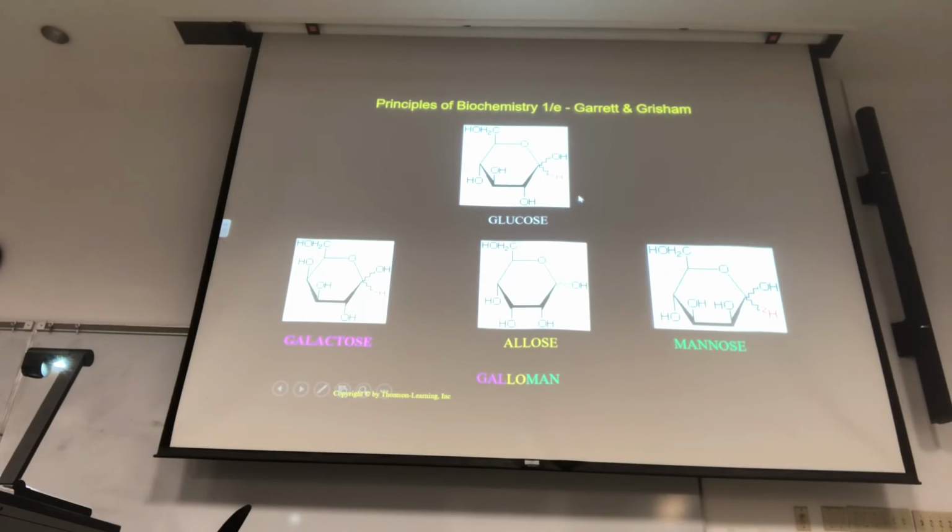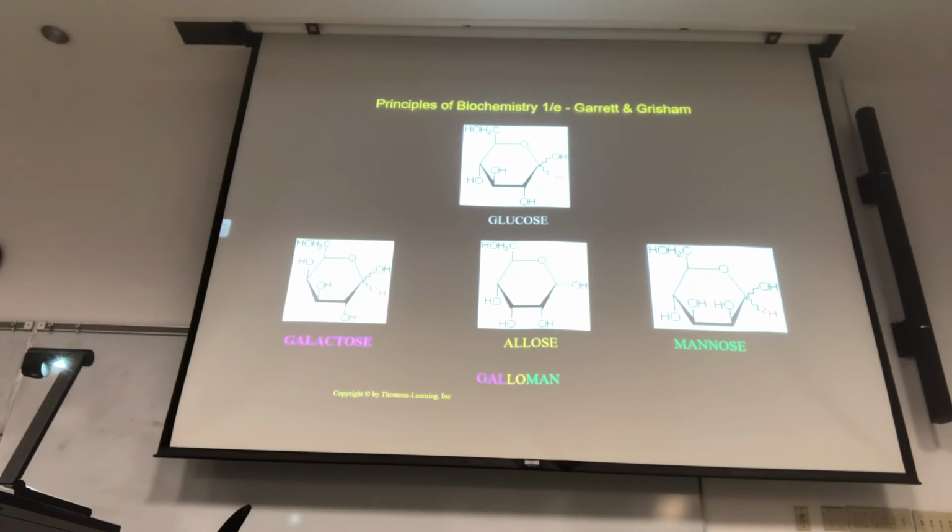You want to number your carbons where the most oxidized carbon is as low of a number as you can make it. The reason why I say as low of a number as you can make it, you'll see when we get to fructose. So let's look at glucose here. My most oxidized carbon is very easily identified as the anomeric carbon because it's attached to two oxygens. This one I'm going to call carbon 1, and I'm going to number all the other ones to make sure I cover all of my carbons. Carbon 1, carbon 2, carbon 3, carbon 4, carbon 5, and carbon 6 is the one sticking out of the